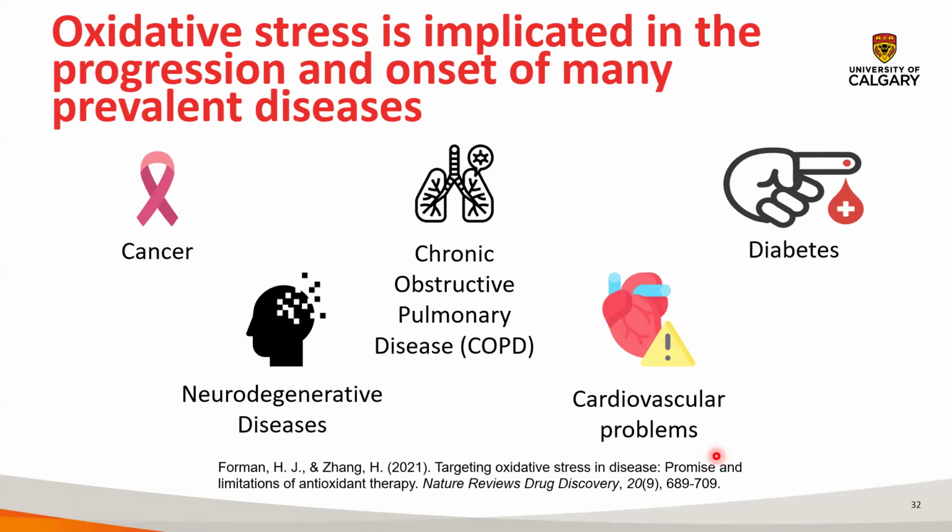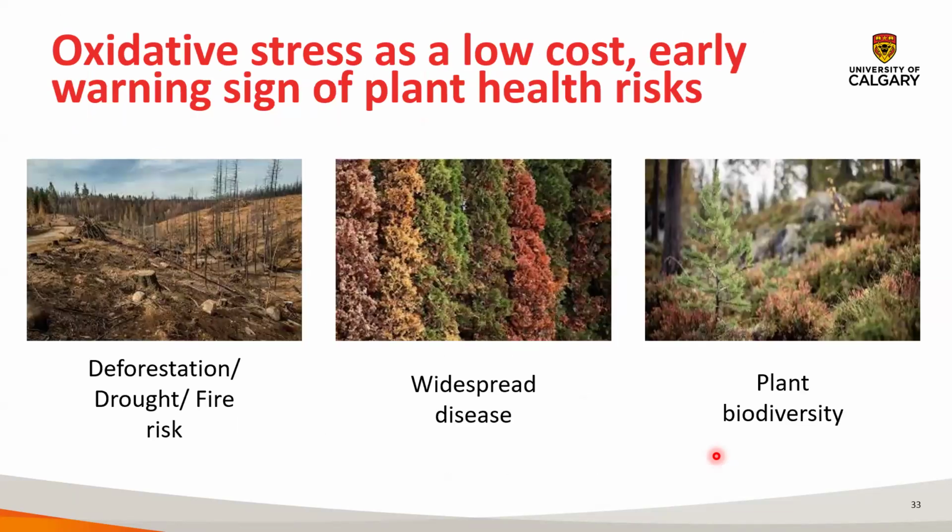And this comes from humans, so stuff like cancer, neurodegeneration, cardiovascular diseases, respiratory diseases, diabetes. So quite a lot of things where oxidative stress is the early sign, so an early warning sign. And so this can also be thought of in the context of plants where oxidative stress might be sort of a warning sign of certain risk conditions in the forest, such as deforestation or drought, or what can be thought of as potentially a fire risk,